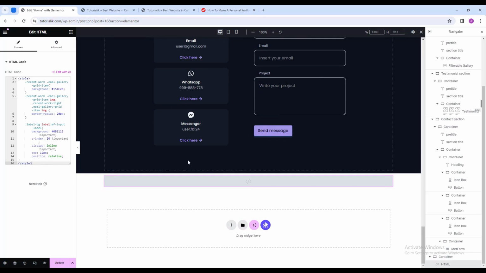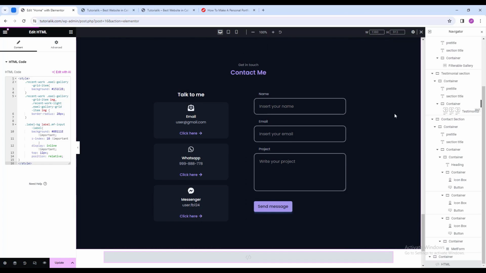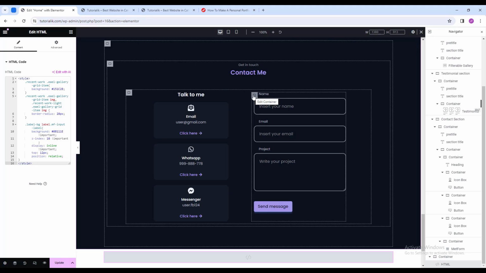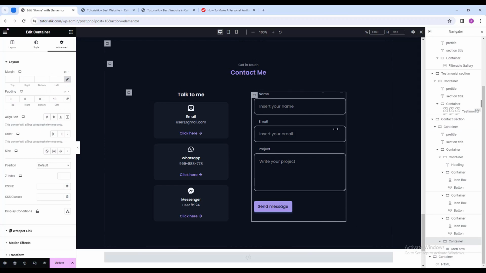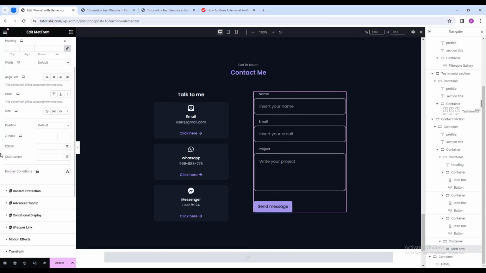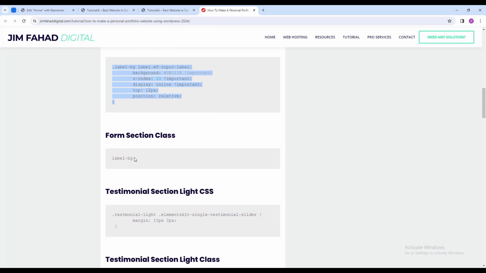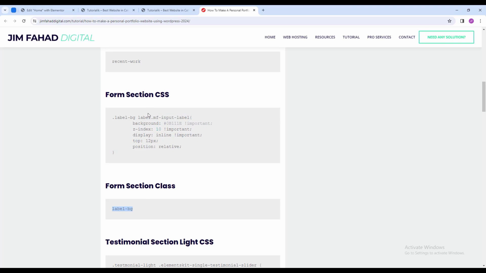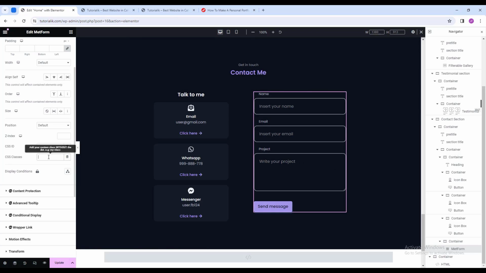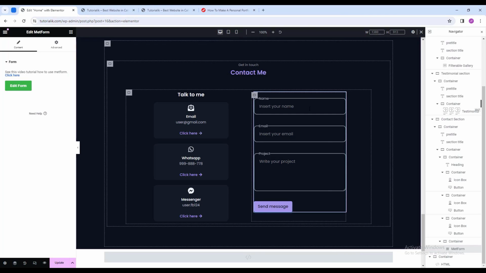So after pasting we can see nothing is changed. So as I said earlier, we have to add a class to the element that we want the change in. So in this case I'm gonna select the main form like this, and in the advanced, in the CSS classes, I'm gonna go back to the site and just copy this class. It's called form section class. This one was the form section CSS, and this is the form section class. It's actually very well written, so I'm gonna just copy it and go back there and just paste the class in here. So now as we can see our style worked,